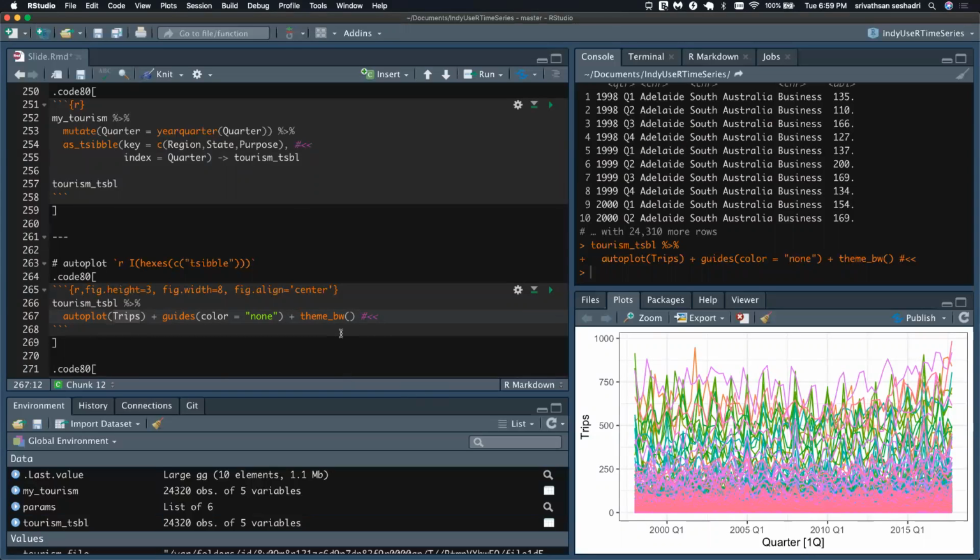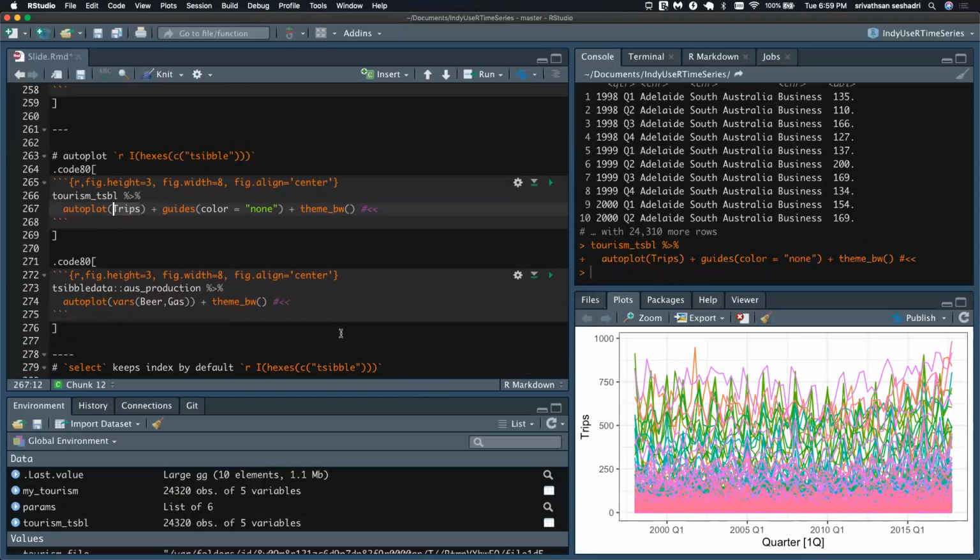If you were to want to select only a particular time series, like we could do with tourism, I can use the filter, right? Like region. I'm going to cheat here. I'm going to copy.